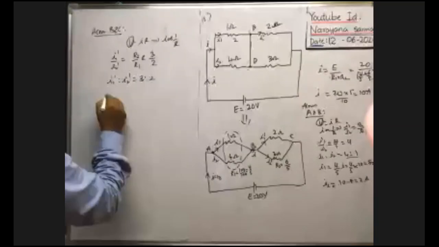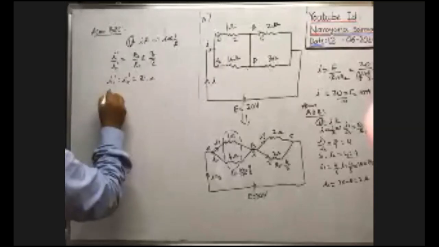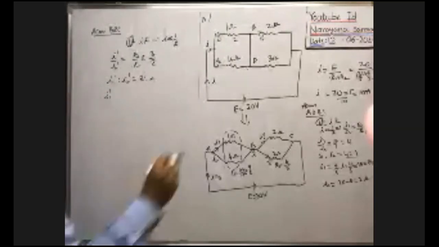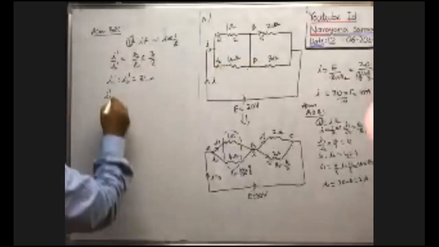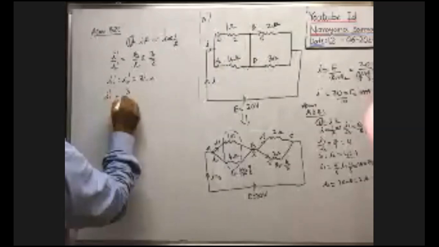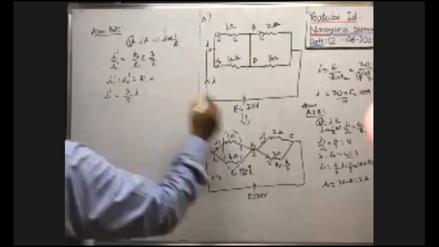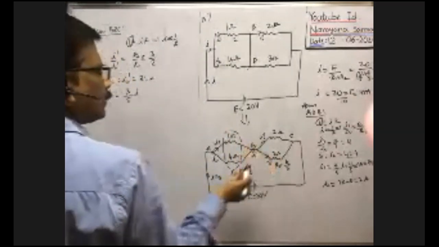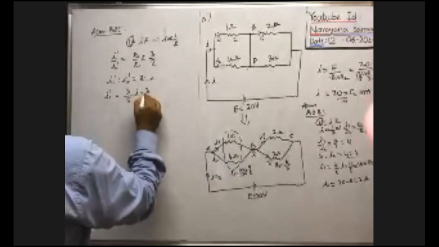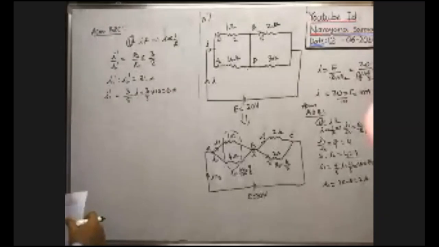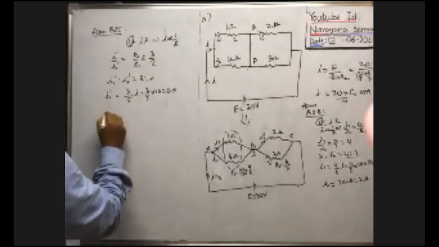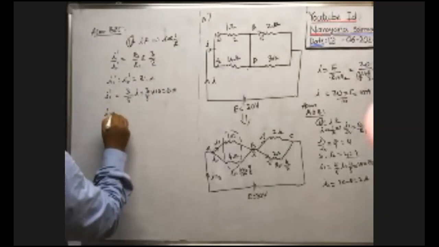So we need the I1 current, because we know I1. If you know I1 dash, we can find the current through this wire. So I1 dash is equal to 3 by the total parts 3 plus 2, that is 5, into the total current. The total current that reaches the junction here is I. This is equal to 3 by 5 into 10, so 6 amperes. Therefore I1 dash is 6 ampere. I1 we got as 8 amperes.